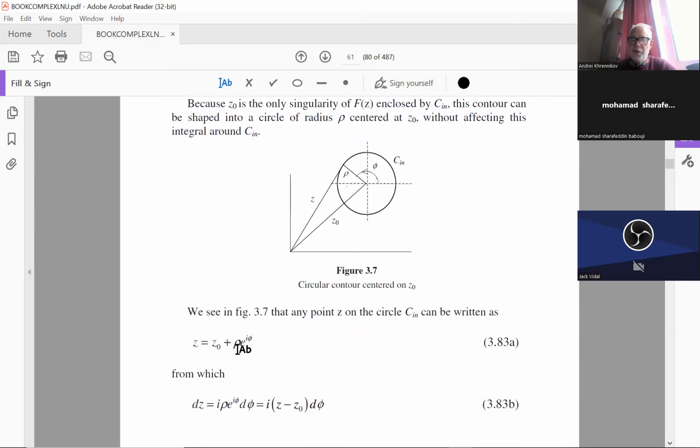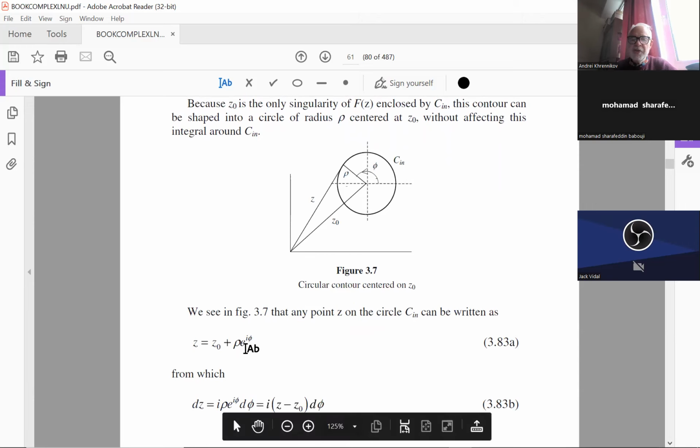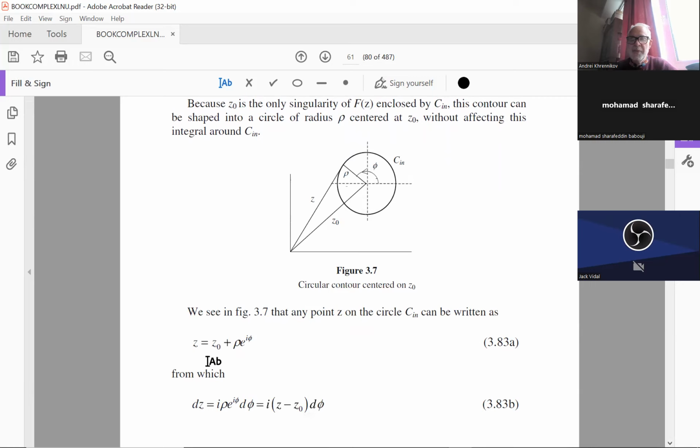This is the radius rho, which is fixed, and consider it as small, and e to the i theta. So when we go around the circle, a complex number, by using the Euler formula, can be represented as exponent i theta. So this is this parameterization. It is good to also remember how to parameterize the unit circle around zero. If the circle is shifted, there is this center of the circle z0.